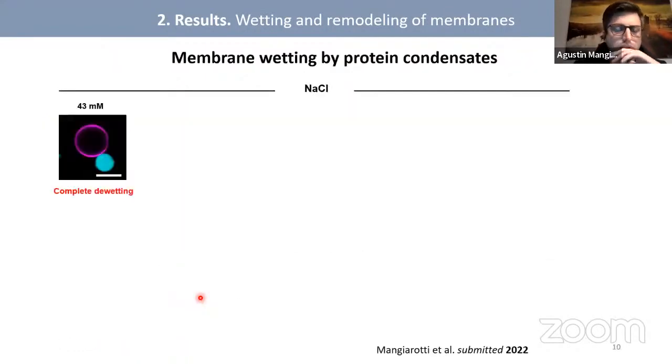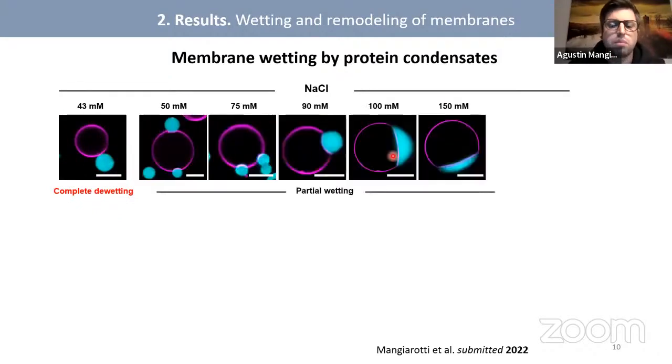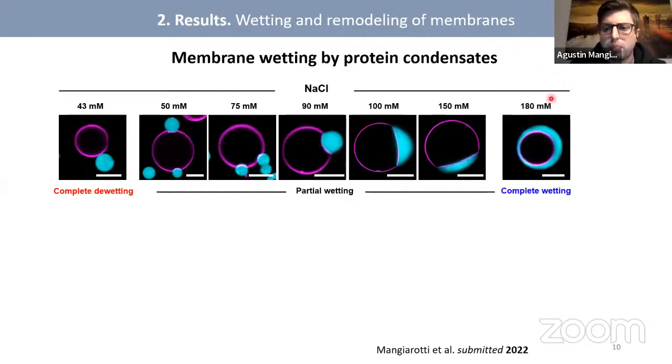So at very low salt concentration, there is complete dewetting, meaning that the droplets do not interact with the membrane. If you increase the salt concentration, you get more spreading of these droplets on the membrane, meaning that the interaction is increasing. And you can see also that in some cases, the membrane points towards the condensate in the region of interaction or towards the interior of the vesicle. So you have different affinities. And if you keep increasing the sodium chloride concentration, you can have the complete wetting or spreading of this droplet